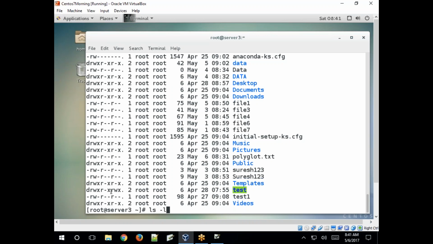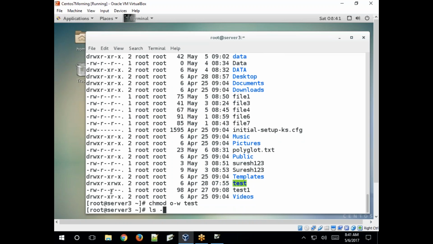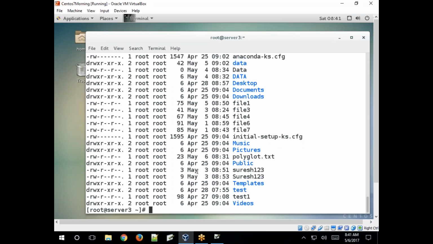Okay. So to remove write permissions on others, just simply specify o minus w. So again execute ls -l. See, remove write. Yes. Only user is having read, write, execute, and group is having read, execute, and others is having read, execute.